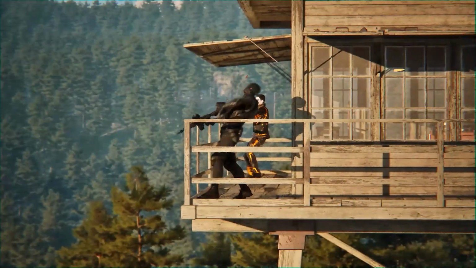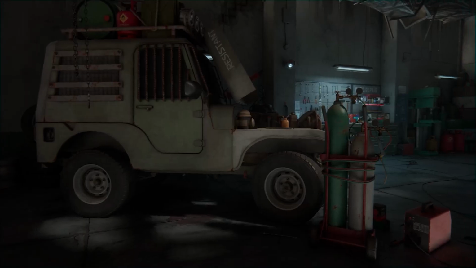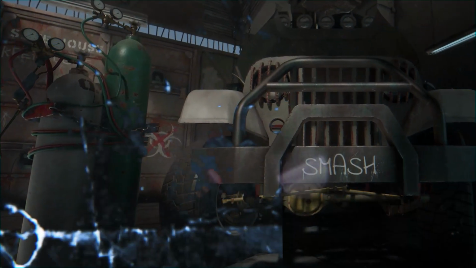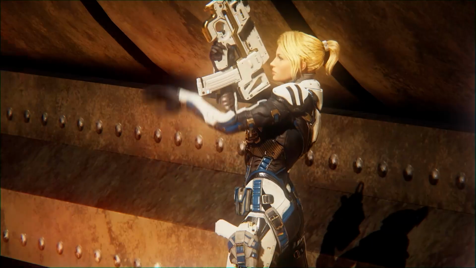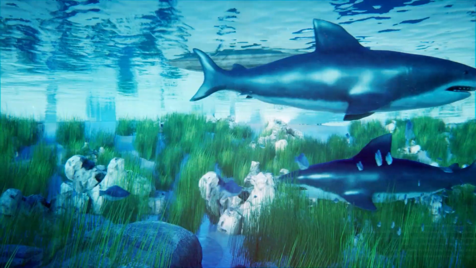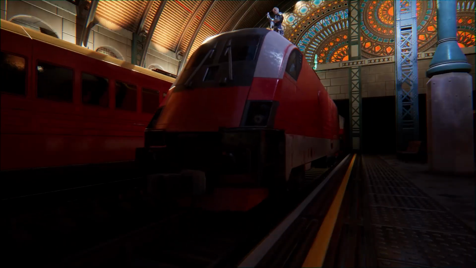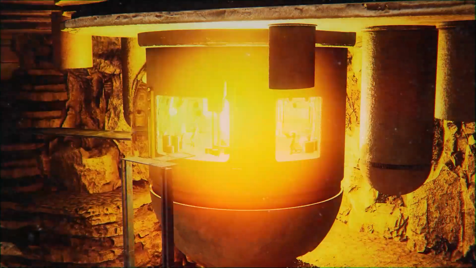You don't need a large team or a massive budget to create something successful. In fact, some of the most popular indie games have been developed by small teams or even solo developers.